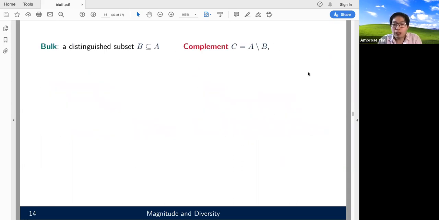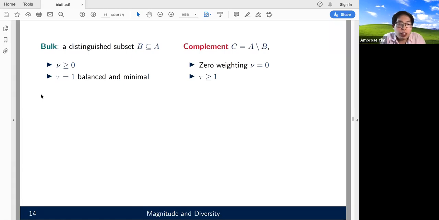And if we look at the weights we assign to our articles such that we achieve this maximal diversity, we can distinguish two sets of articles. One set I call the bulk, and the other I call the complement of the bulk, or just the complement. It's the stuff that's not in the bulk. So what are these two sets? In the bulk, we always have a non-negative weight, whereas on the complement, the weight is always 0.